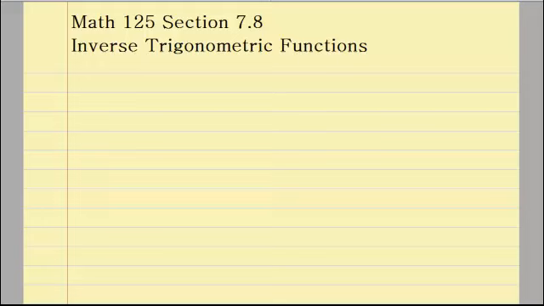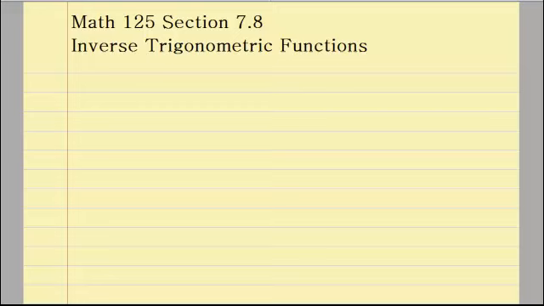In section 7.8 we're going to be looking at inverse trigonometric functions along with the derivatives of the inverse trigonometric functions and integrating inverse trigonometric functions when possible. Some of these inverse trig functions, in order to integrate them, we'll have to wait till we have some other techniques, but we're going to be looking at the antiderivatives, and the antiderivatives result in a solution of an inverse